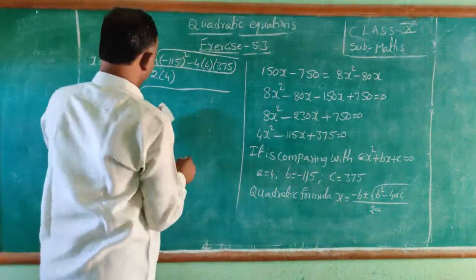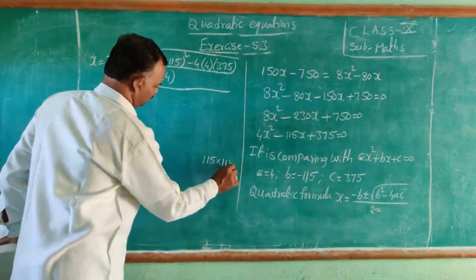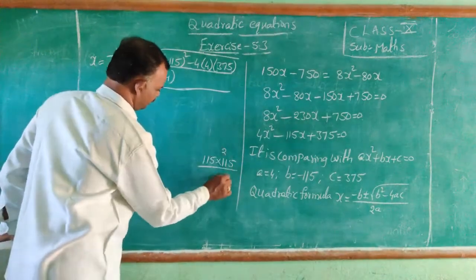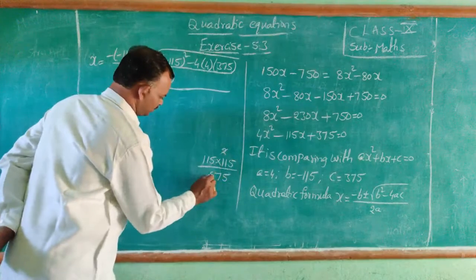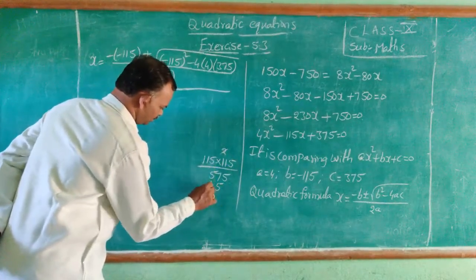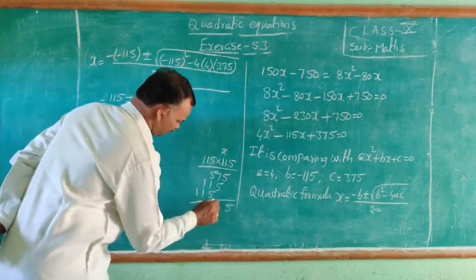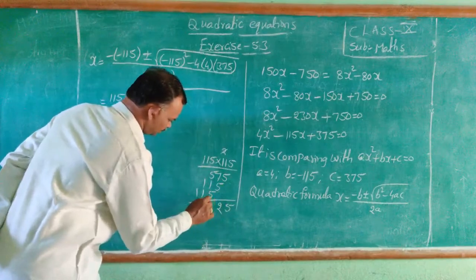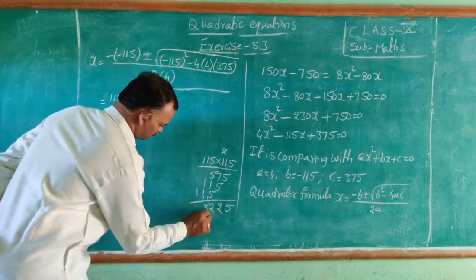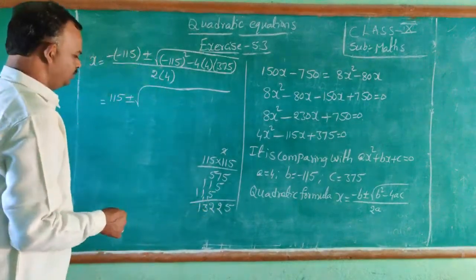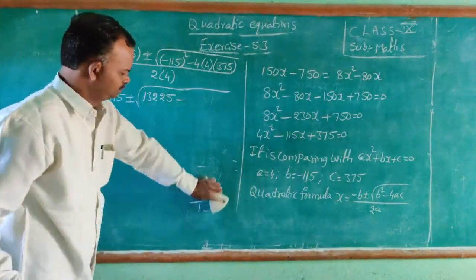What is the value of 115 whole square? That means 115 into 115. 5 5s are 25, 5 1s are 5 plus 2 is 7, 5 1s are 5, 1 1 is 1, 1 1 is 1. So 13225, minus